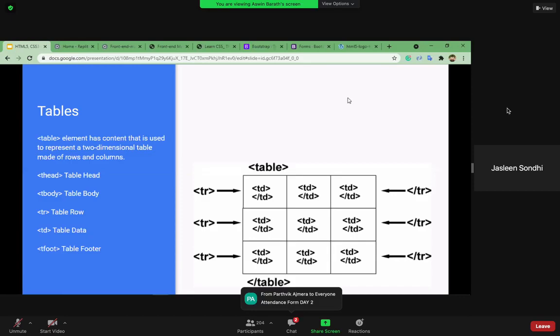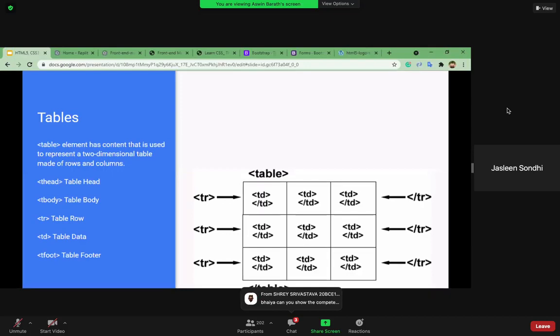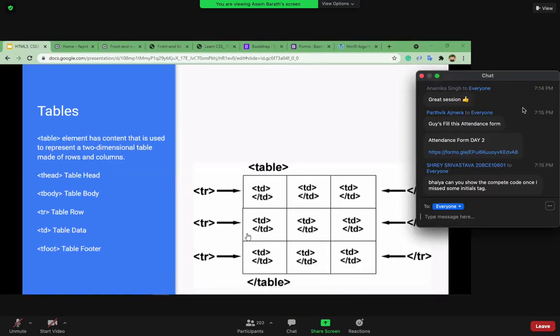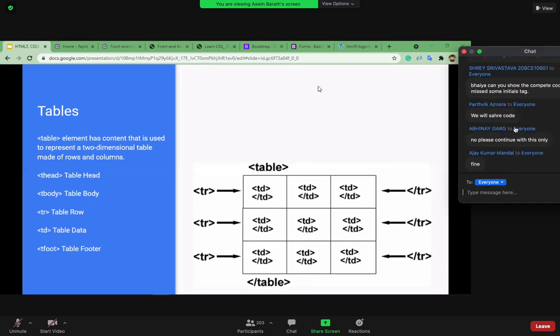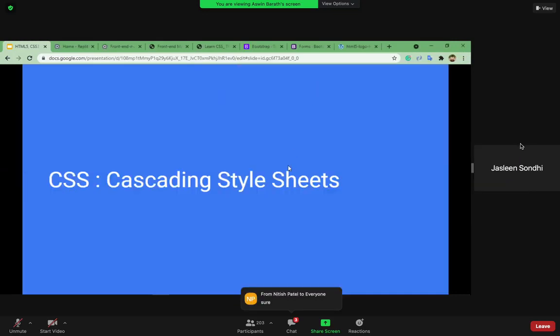So maybe you can start off with CSS today, and we can take up the rest tomorrow, right? Sure. Today you can take 10 minutes extra. I hope everyone is fine with that. Please kindly respond in the chat if we take 10 to 15 minutes extra today. Is that okay? Yes, okay. All right. So, Ashwin, you can start off with maybe wind up HTML in a couple of minutes and then head over to CSS. Oh, you were already going to start. Okay, great. Maybe for Bootstrap, we can save some time tomorrow. Okay, cool. Thank you, Ashwin.